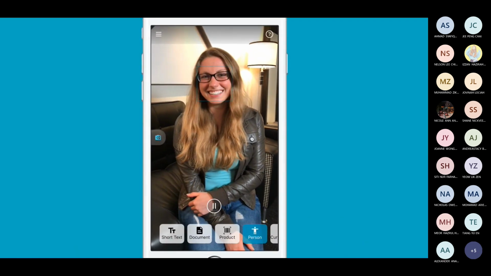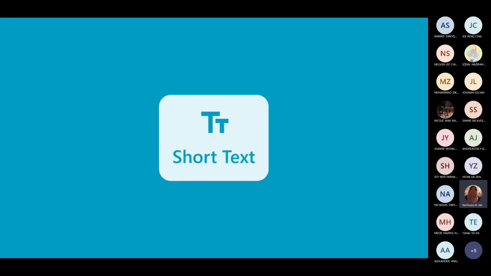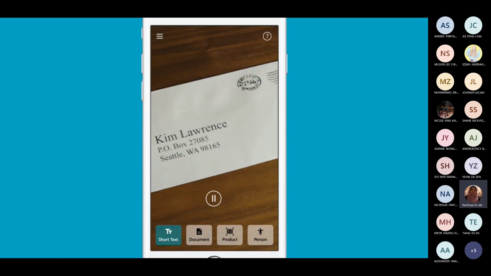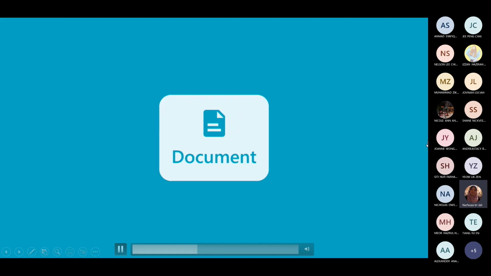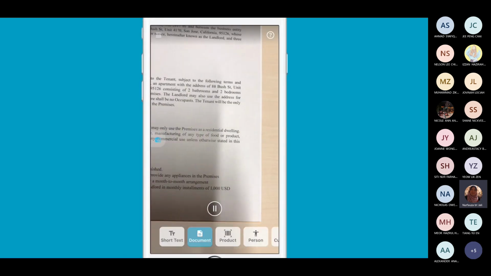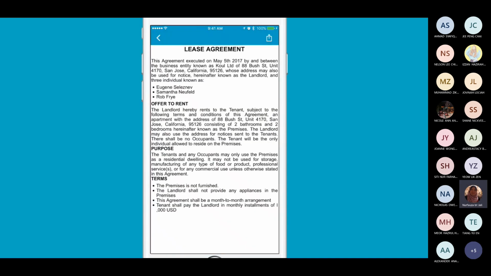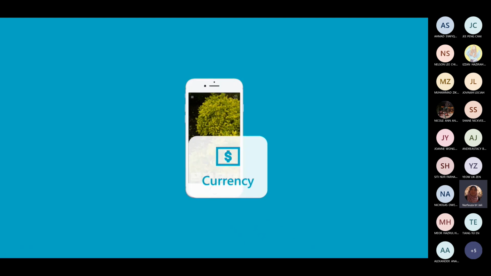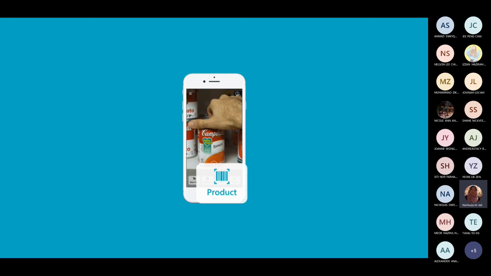Jenny near top right, 3 feet away, describes the people around you, including their emotions. 28-year-old female wearing glasses looking happy. It reads text out loud as it comes into view, like on an envelope. Ken Lawrence, P.O. Box, or a room entrance. Conference 2005. Or scan and read documents like books and letters. The app will guide you and recognize the text with its formatting. Top and left edge is not visible. Hold steady. Lease agreement. This agreement. When paying with cash, the app identifies currency bill. $20 US. When looking for something in your pantry,